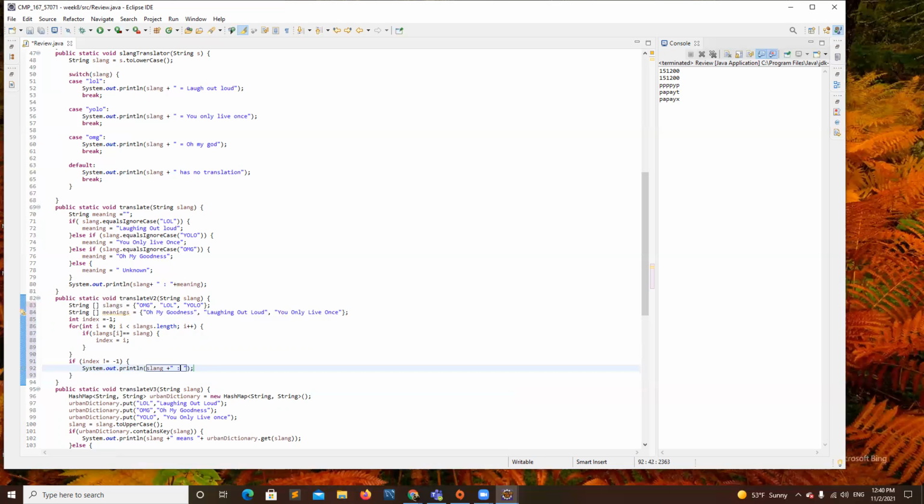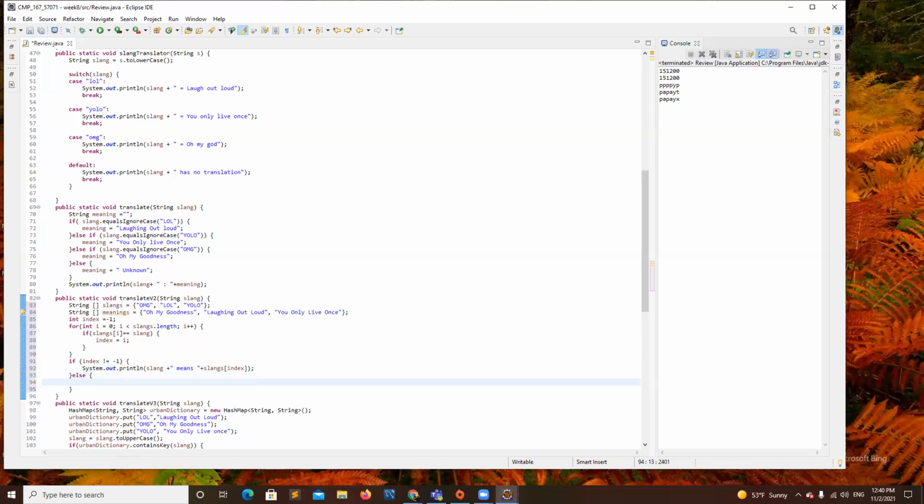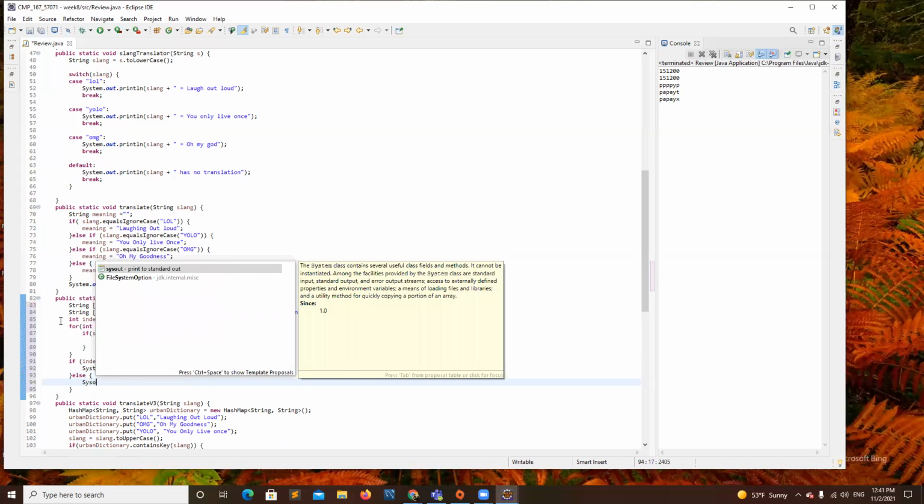I'm going to put means, and then I do a slang, so i, or the index that I gave you. Else, I'm going to print unknown slang.